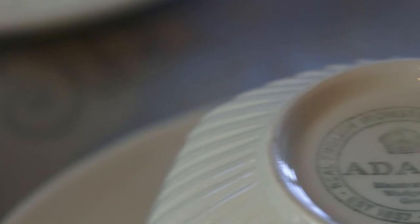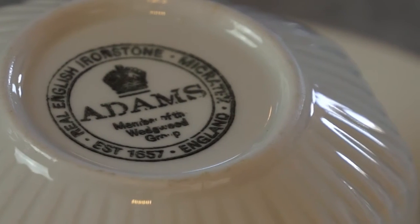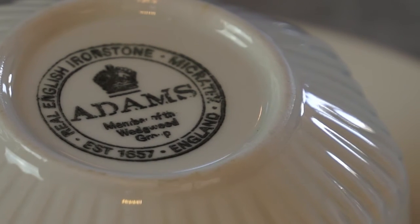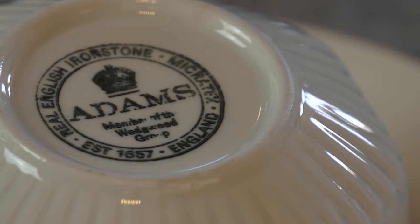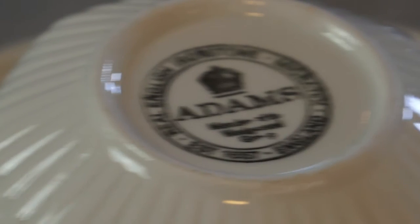And so here's another example of how the stamping changed much later. As you can see, it's changed slightly since the previous one, so it's a lot darker in the stamping. And this was probably circa 1980 perhaps. And then eventually they stopped using the Wedgwood